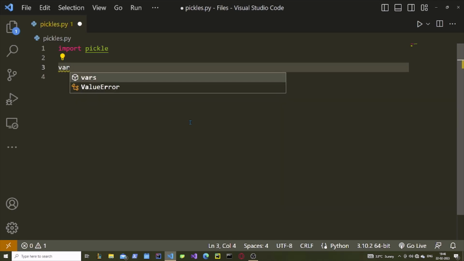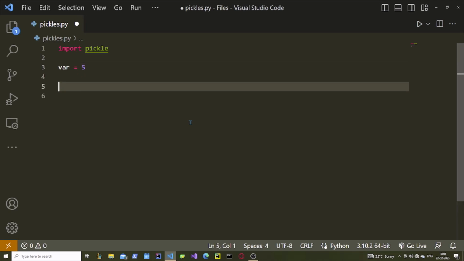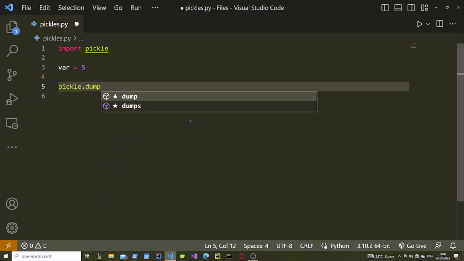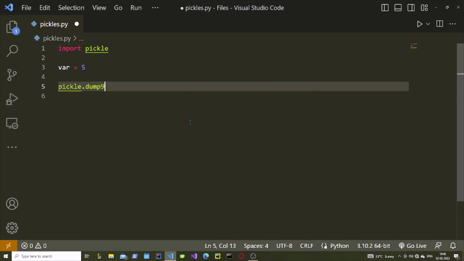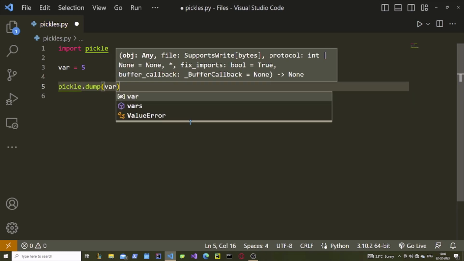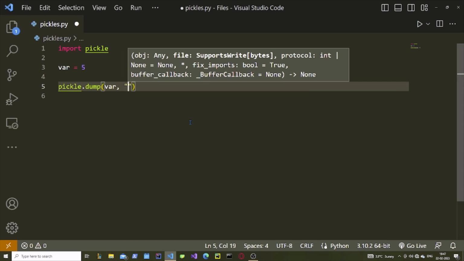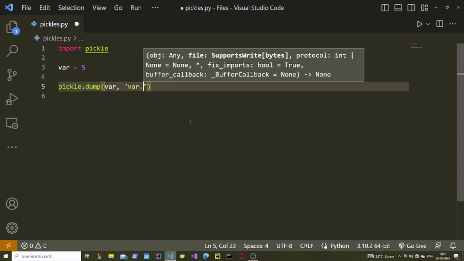So we will name the variable as var, and let's say it is just an integer with 5. Then we have to say pickle dot dump. We will dump this variable. Which variable? The var variable. Into where will we dump it? We will dump it in a file called var.dat,